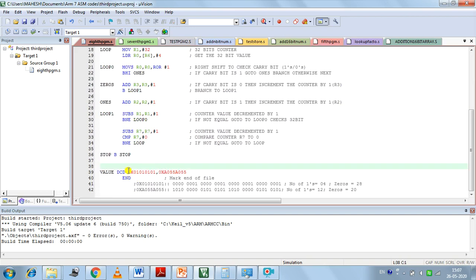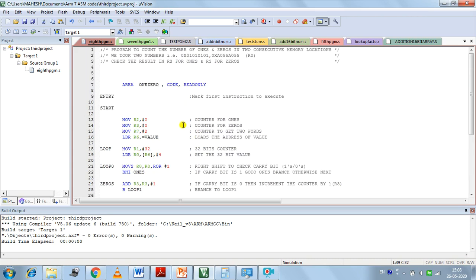I am storing these numbers in the read-only memory. That you should remember. This is not the RAM I am using. I am not using an internal RAM here. We are using a ROM memory, and in ROM memory, in two consecutive memory locations, we are storing two 32-bit numbers here, and you can use any two 32-bit numbers.